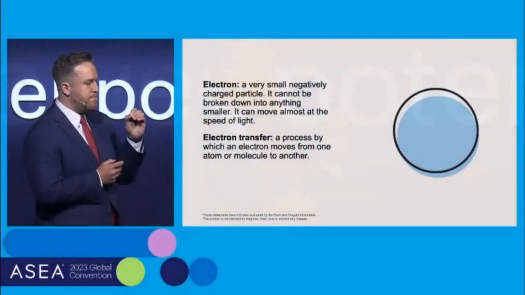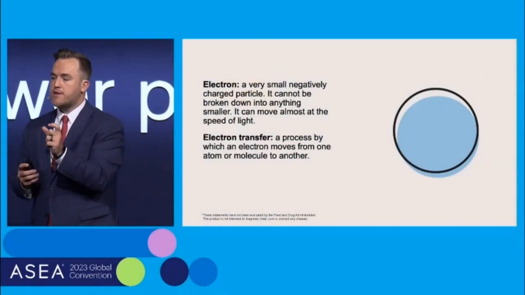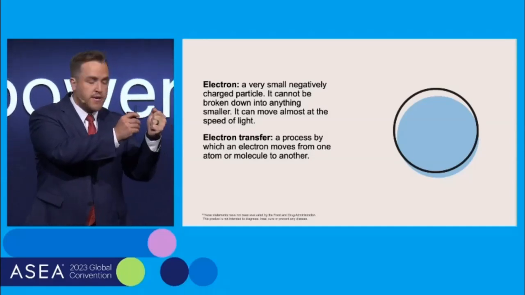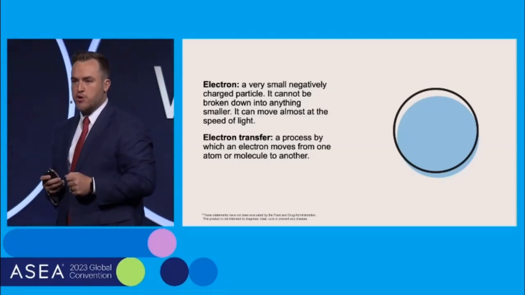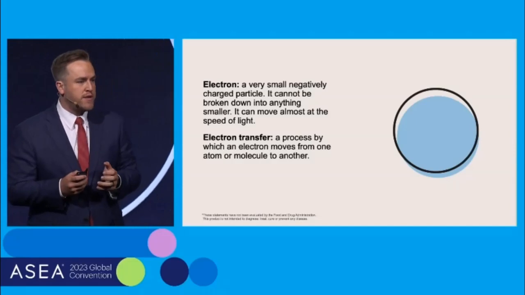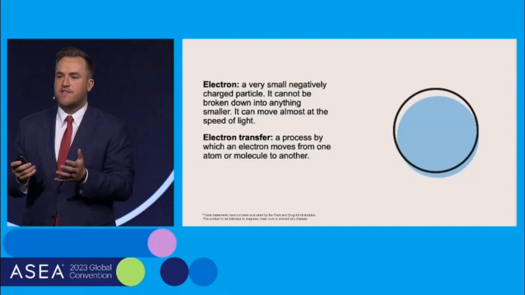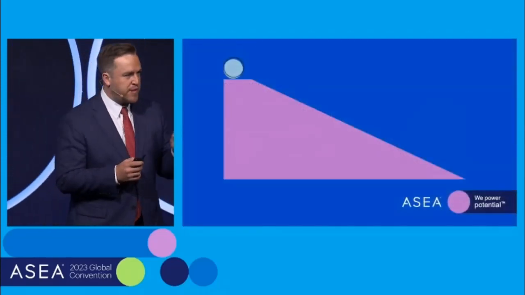But what is an electron? An electron is a very small negatively charged particle. These particles have a ton of energy associated with them. And the concept of electron transfer, which is central to redox, is the process by which an electron is transferred from one species to another. Redox is the transfer of electrons, and the transfer of electrons is the transfer of energy. You cannot achieve cell signaling without energy. Now remember, looking for a place to rest.